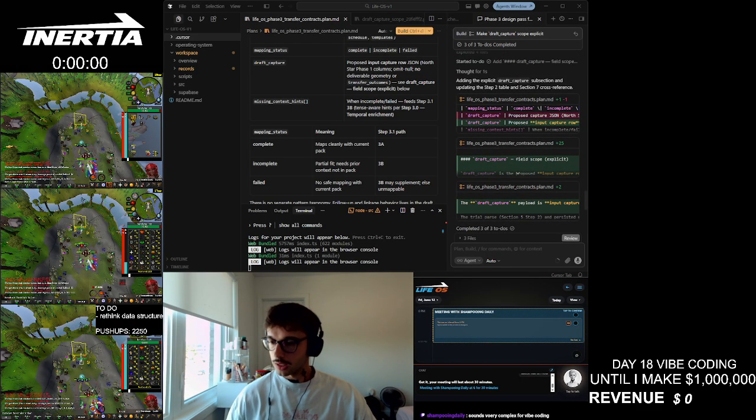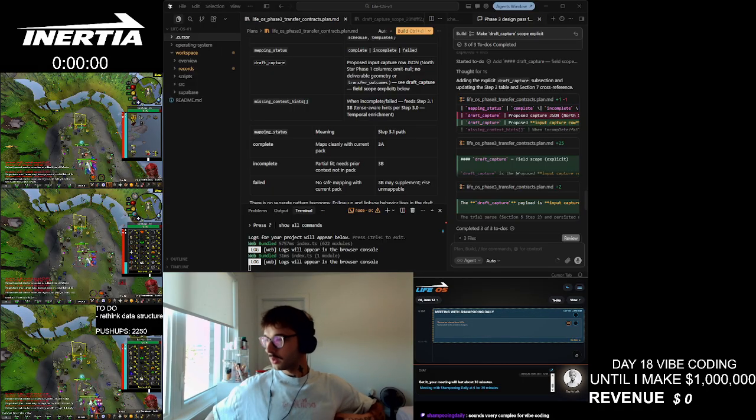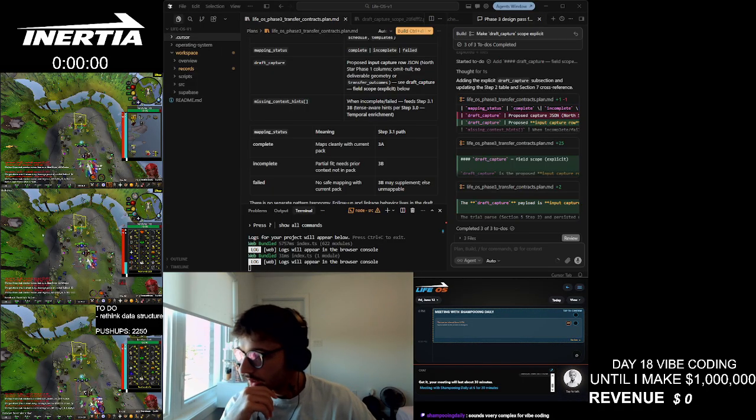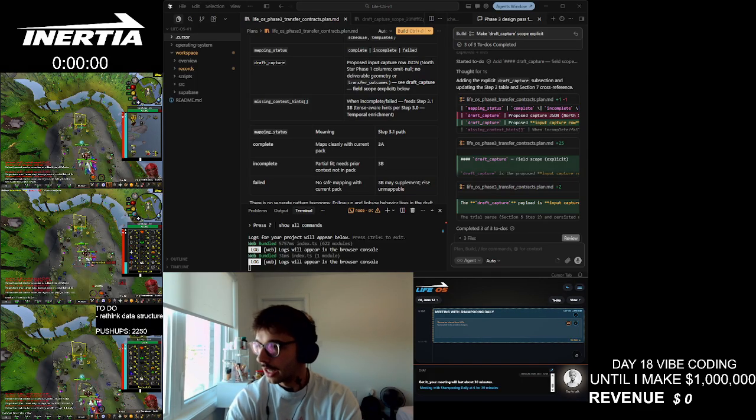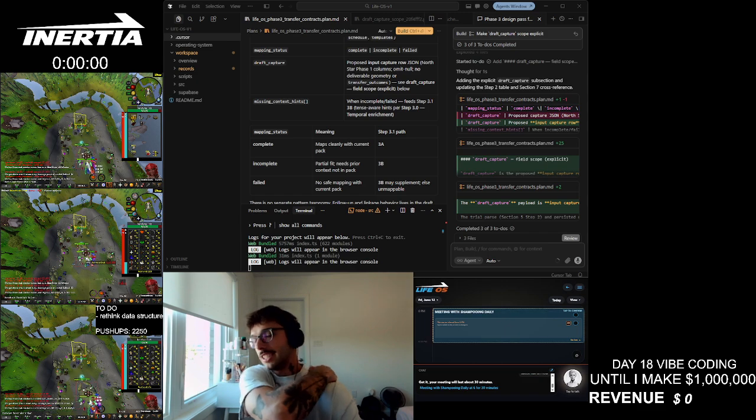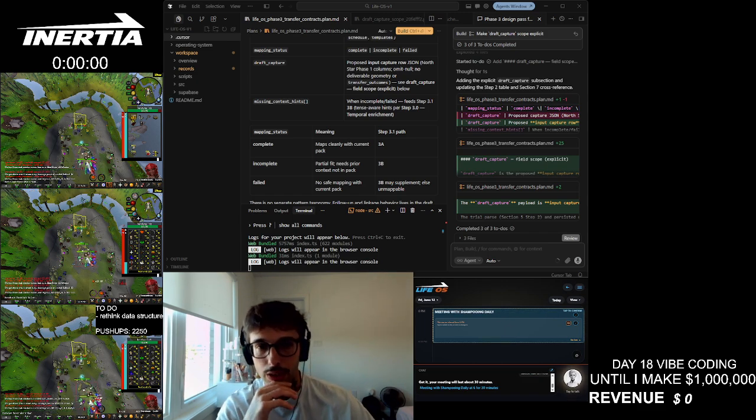It is very complex for vibe coding, yes, because people don't actually understand what vibe coding means. I'm trying to change the culture a little bit around what vibe coding actually is. Vibe coding is not, hey, build me an app that makes me $1 million. Like hand build it. That's not how it works. What I'm doing right now is I'm very carefully